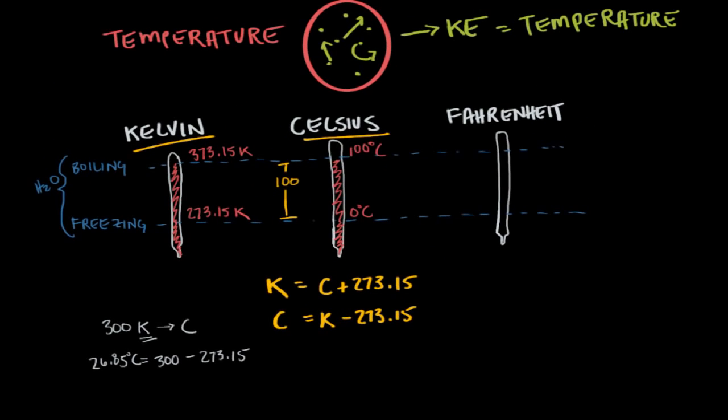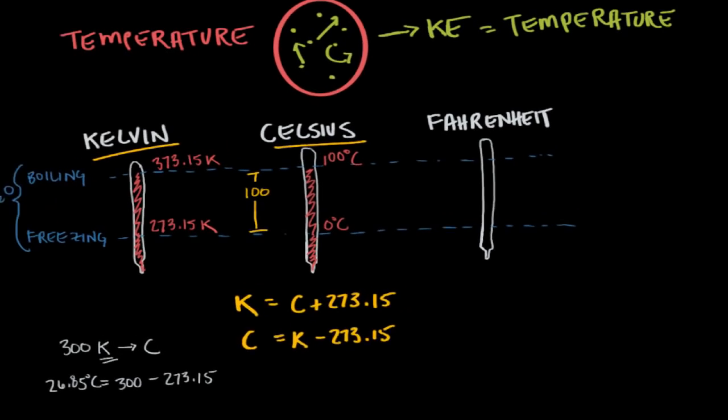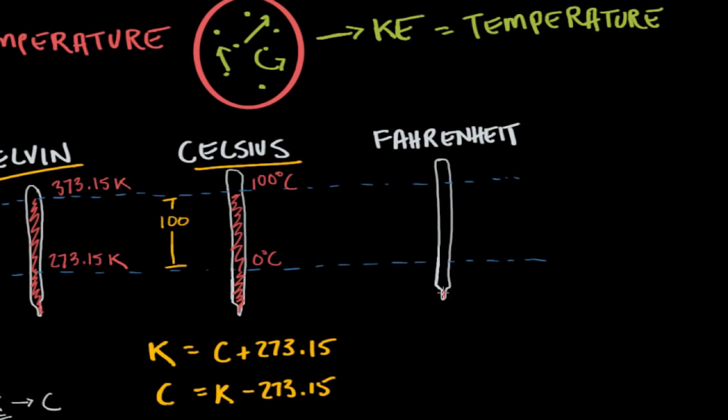Now, converting between the Celsius and Fahrenheit scales is a little bit more complicated. You see, in Fahrenheit, water freezes at 32 degrees Fahrenheit, and water boils at 212 degrees Fahrenheit. So 212. And this gives us a span between the freezing point and the boiling point of water of 180